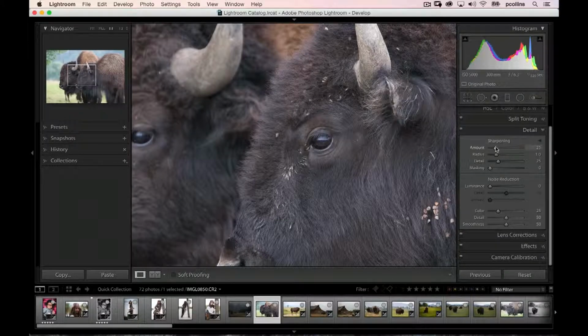Now, most people understand sharpening. The amount is just to crank it up. You can crank it up to 100, or you can crank it down here. Let's just crank it all the way up to 100 for the example so you can see on the screen kind of what's going on. Now radius, I can bring it down to 0, and pretty much it eliminates almost, it won't let you actually go all the way to 0, but it shrinks it down.